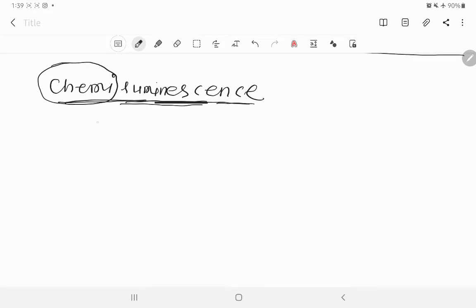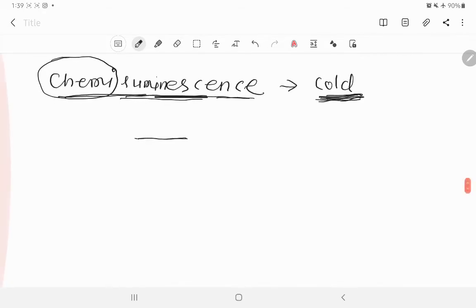Okay. This chemiluminescence is also called emission of light in cold condition. During a chemical reaction, cold light is emitted. Generally, if we heat any substance and light is emitted, it is called thermal emission. But if it is not heated and still emitting light, it is called cold emission. Now what is meant by chemiluminescence? The emission of light as a result of any chemical reaction at ordinary temperature is called